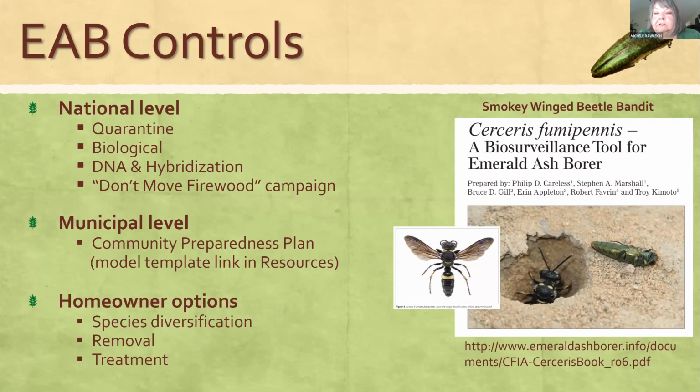I included here a picture of a digger wasp that has the proposed name of the smoky-winged beetle bandit. At the time that this study was done in Canada, this wasp did not have a name, but since it's become so prominent in literature, I guess they decided they should probably give it a name. This wasp does predate emerald ash borer. It paralyzes it and takes it into underground nests as provisions for its larvae. But I guess they're not considering it a big enough predator in order to actually control it. So it's not really a control, but this is a very interesting study about how they're using this wasp